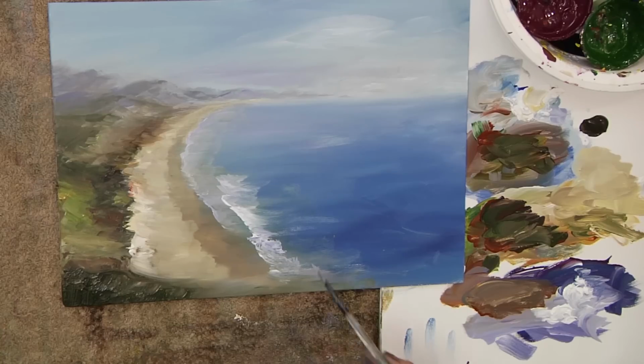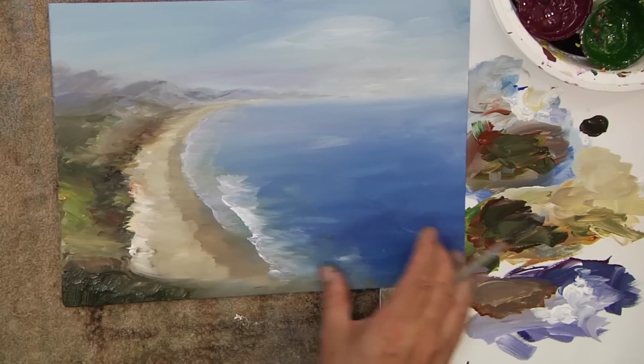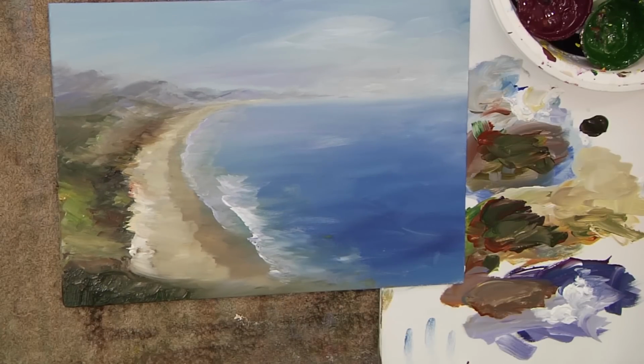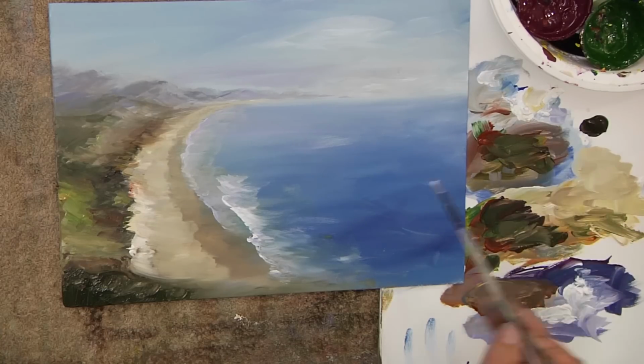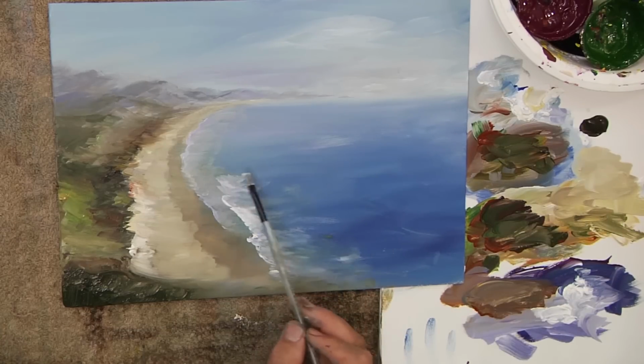And pull out, pull out. Sometimes you can pull back into it if you pull out too far. Just pull back into it. But don't play with it too much. Just let what happens there and leave it alone. It'll look better if you leave it alone and don't play with it. You can tap a little bit more light once in a while. Now, this has got to become more atmospheric, more gray,